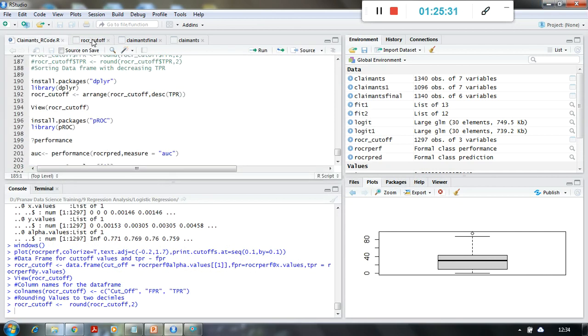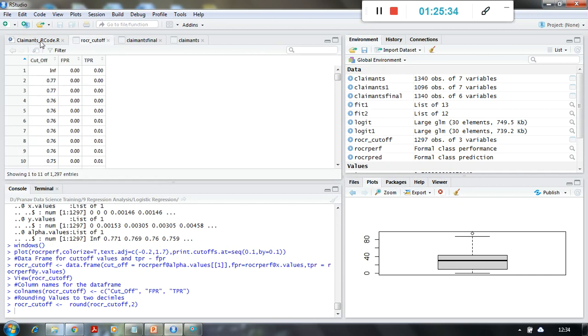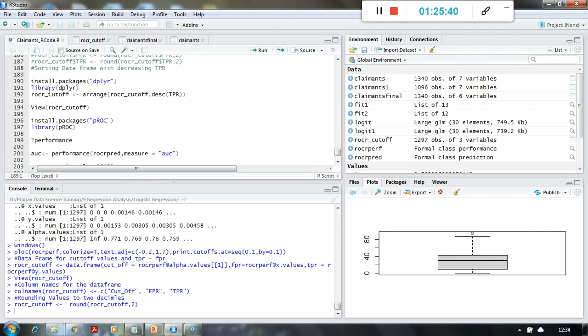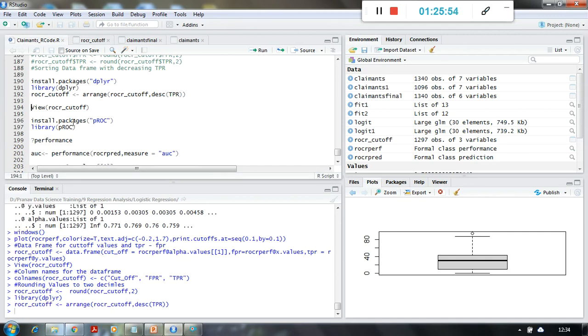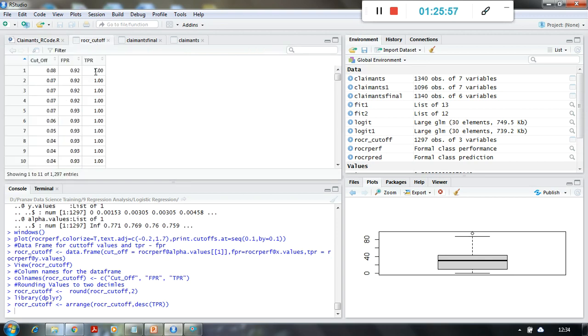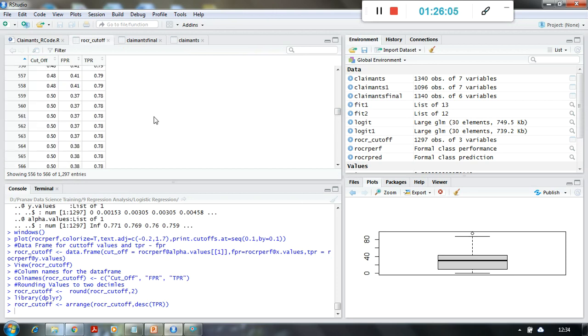So what I can do is rearrange this data in a reverse format, because I want to check the higher values for TPR. While scrolling down, I want to check it that way, and just to learn a different package over here, dplyr is another package where the arrange function is there. So I'm arranging the TPRs in descending order, and I'm getting the cutoff values, right? So now you can straight away go down to between 0.5 and 0.6, and you have to check such a value wherein you have the higher TPR and lower FPR, right?